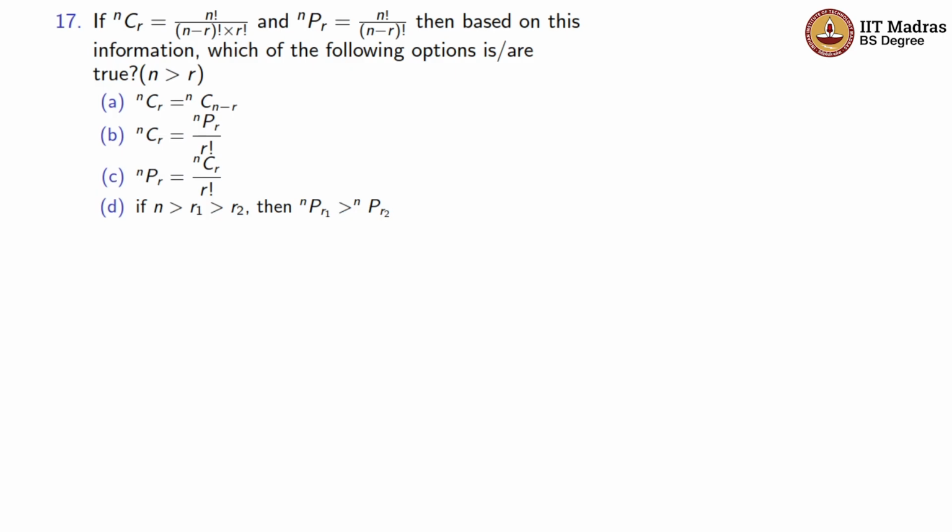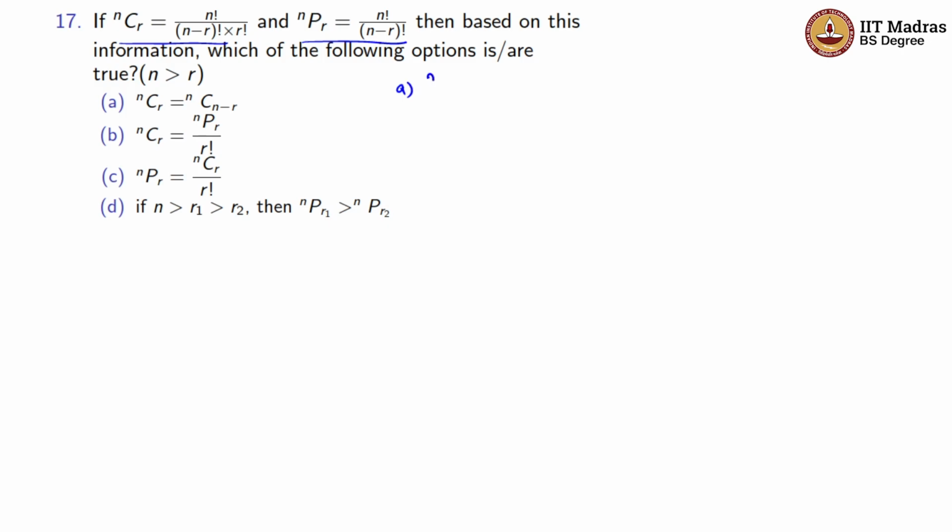Question 17. If nCr is equal to n factorial upon (n minus r) factorial into r factorial, and nPr is equal to n factorial upon (n minus r) factorial, then based on this information, which of the following options is or are true? Okay. So we have been given the values, correct? So now we will consider the first option, which is,